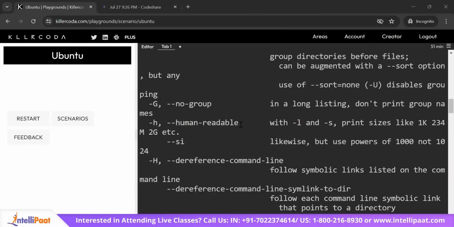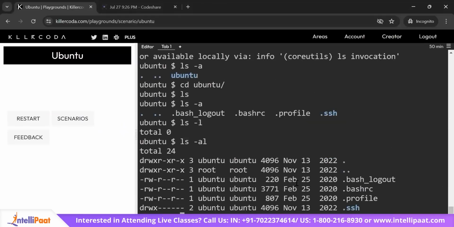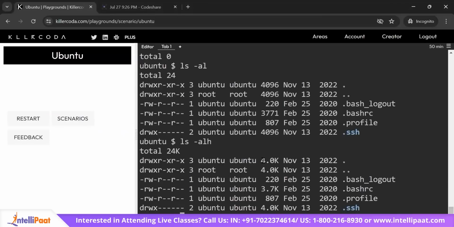H is human readable, right? Print sizes like 1K or 234M, 2G. So in this case, you can see it was represented as 4096. If H was used, it would be represented in something that is much more easily readable. So ls -alh if I do, so 4KB,